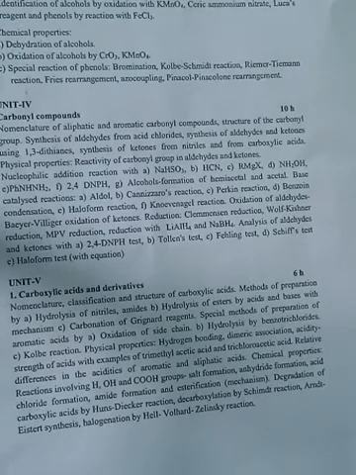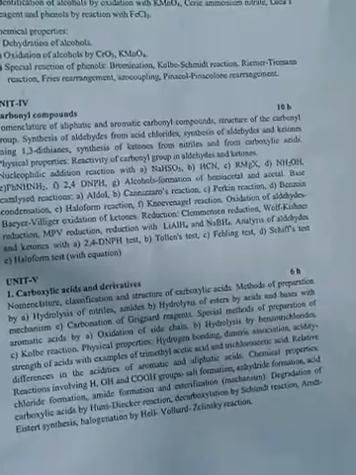And also the physical properties and the chemical properties of the carboxylic acid will be discussed in this chapter. And finally, dehydration of the carboxylic acid by Hunsdiecker reaction and decarboxylation by Schmidt reaction and Arndt-Eistert synthesis, and finally halogenation of carboxylic acid by the HVZ reaction will be discussed in this chapter.